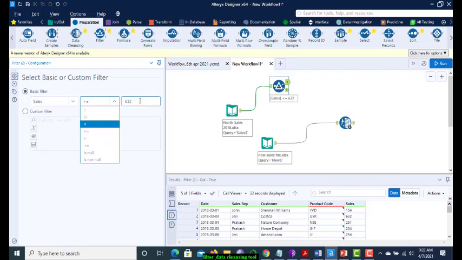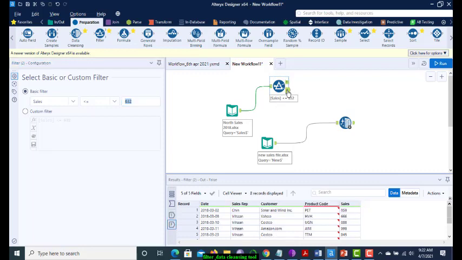Suppose I'm giving a particular number, 632: less than or equal to 632. Whatever data we have in the sales column less than or equal to 632, we will get as output. In the filter tool we have two outputs, true and false. The true anchor gives the rows fulfilling our filter condition, and whichever rows are not fulfilling it come out of the false anchor.